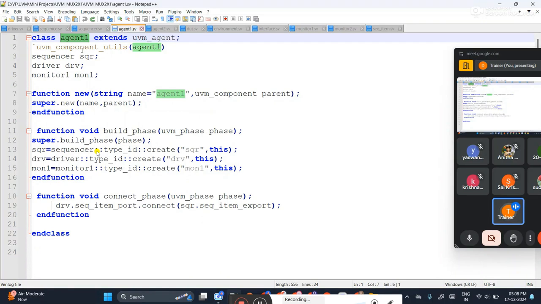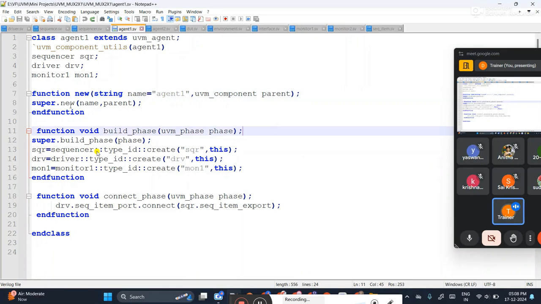Where is the child class memory created? Inside the parent class, correct? So now this uvm_component parent is your second argument. For agent 1, who is the parent? The UVM agent is the parent, correct? That is what it is indicating.